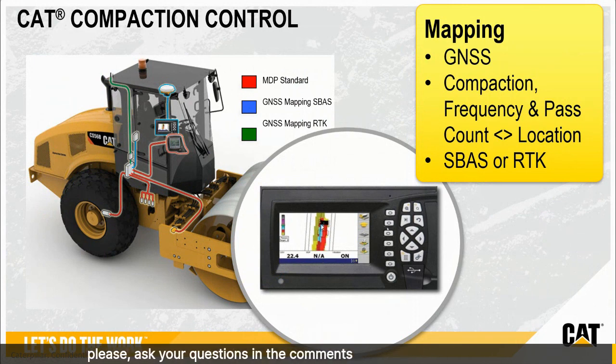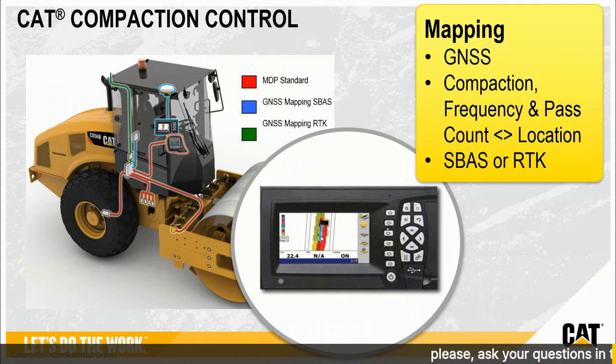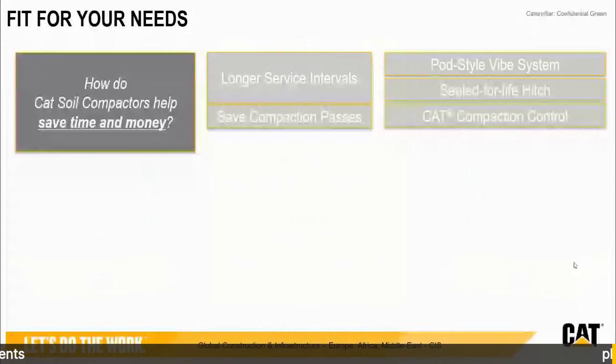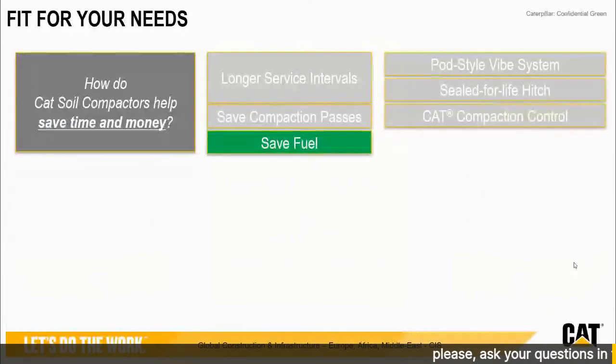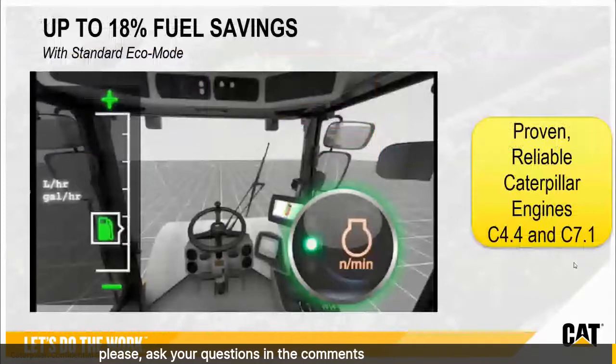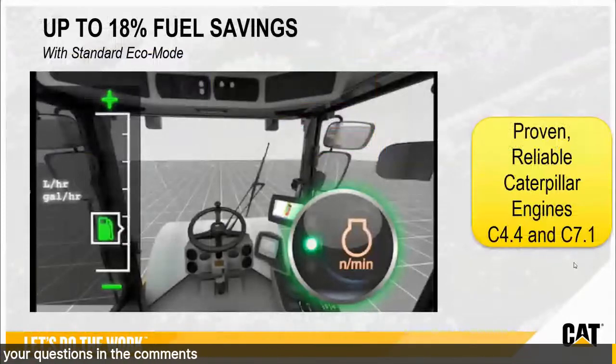So you can understand how many passes you made in each location, and understand when the target amount of passes or compaction is achieved, and move over. So that helps a lot save passes. But you also want to save fuel, and you do that with the proven reliable Caterpillar engines,